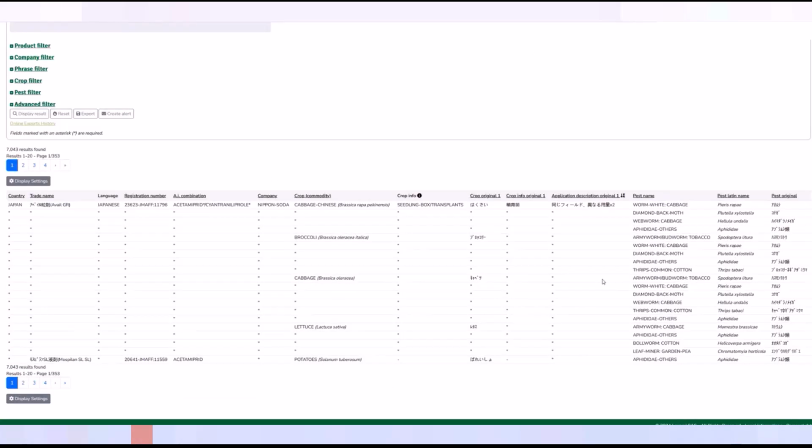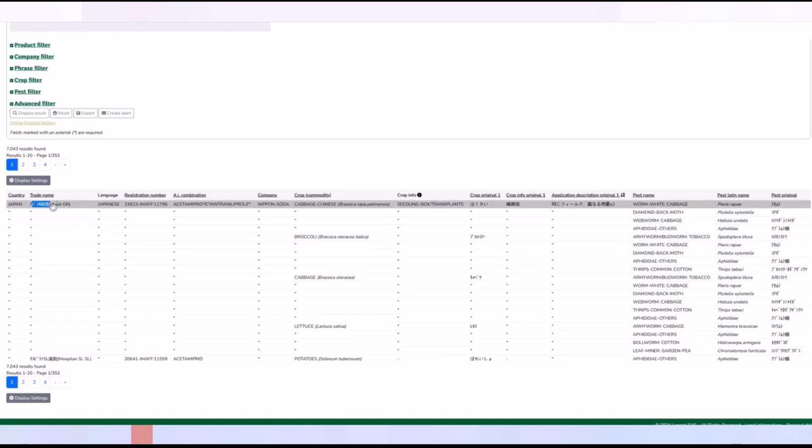And we are going to get the following results. You can see that we have a little bit more than 7,000 results. I have customized this report in a way that you can see all the different fields that we have in Homologa within this module with the original language, in this case in Japanese. You can look for the trade name of this particular product in Japanese. You can see the name in Japanese and also the translation of that product in English. We have all the fields that you might need when it comes to the active ingredient, etc.